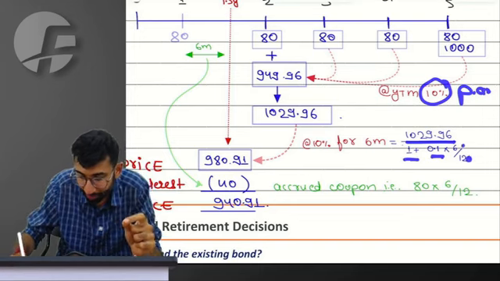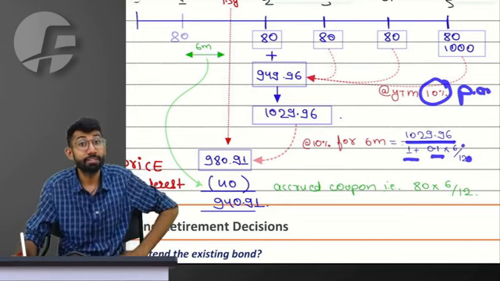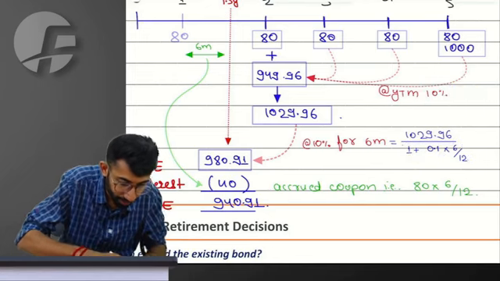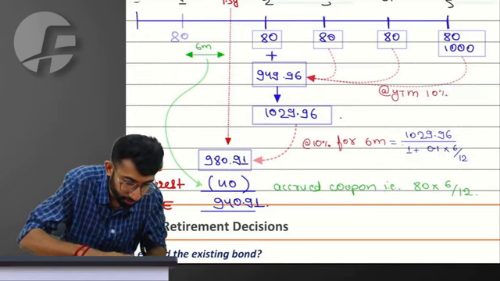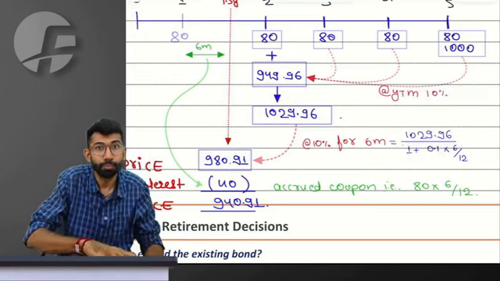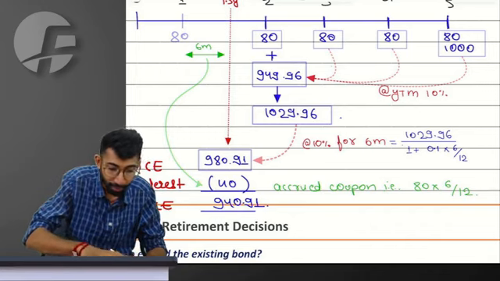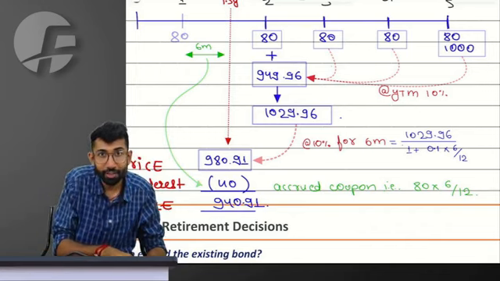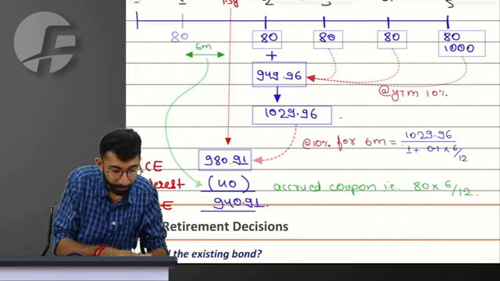So to the YTM of 10%, I need to multiply 6 by 12, right? So 10%, which is 0.1 into 6 divided by 12, is 5%, plus 1. So 1029.96 when divided by 1.05 is 980.91 rupees, which is the value of the bond at the end of